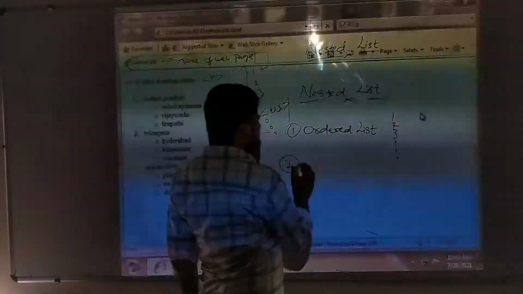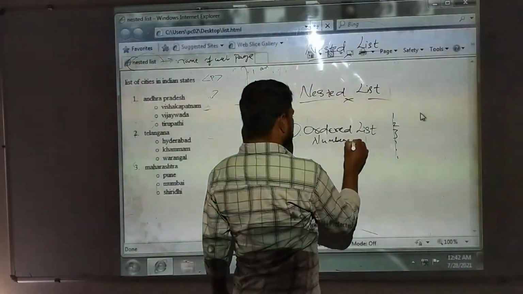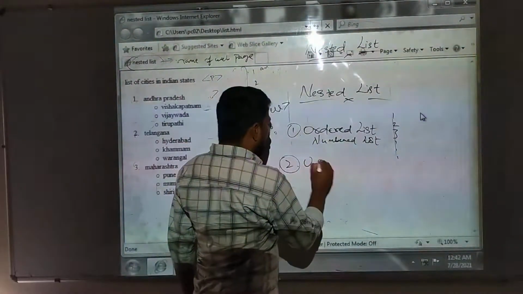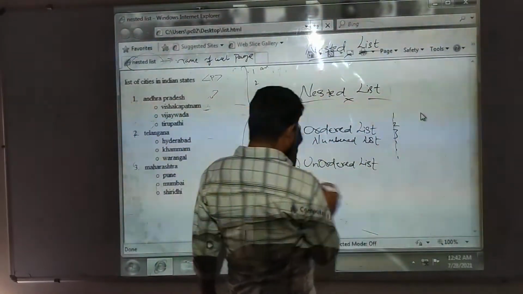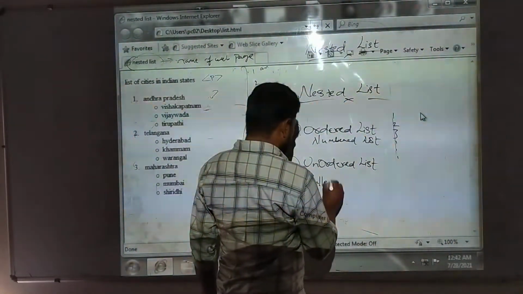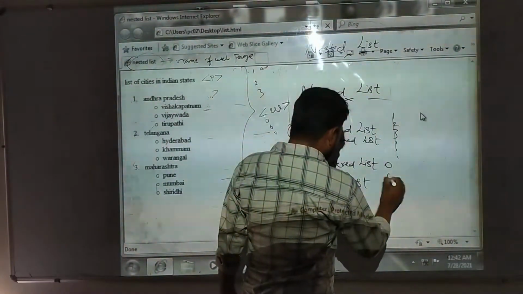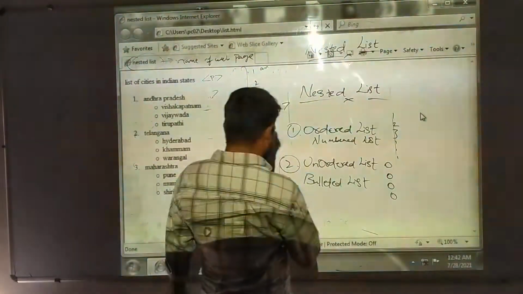So ordered list can be called a numbered list. For unordered list, we can say it is a bulleted list. How will it be displayed? Like this, you can observe here. So these are unordered list.